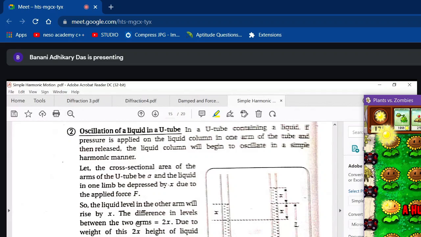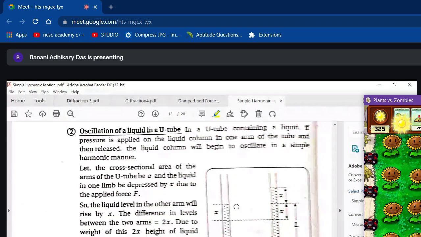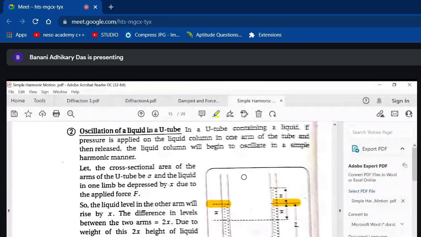Okay, students, I'm back. Yes, ma'am. Let us continue. Now we will consider the oscillations in this U-tube. Basically, this is a U-tube filled with liquid, and initially let this be the height of the liquid up to which it is filled. This is the height. So if you pour liquid on this, because of the atmospheric pressure, the heights remain the same.